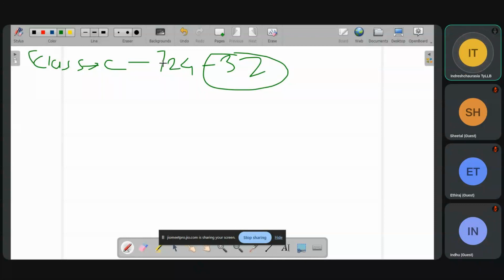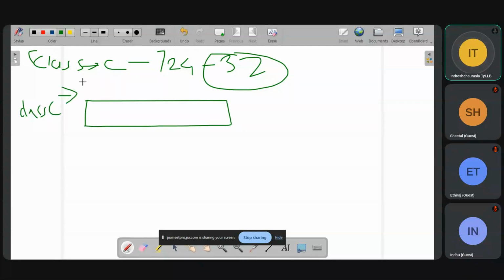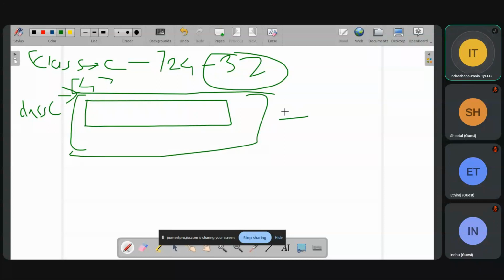Because I wanted to further divide the class C into smaller portions. Suppose you have a piece of bread, this is your complete bread of class C. Again, I wanted to give it to four people.